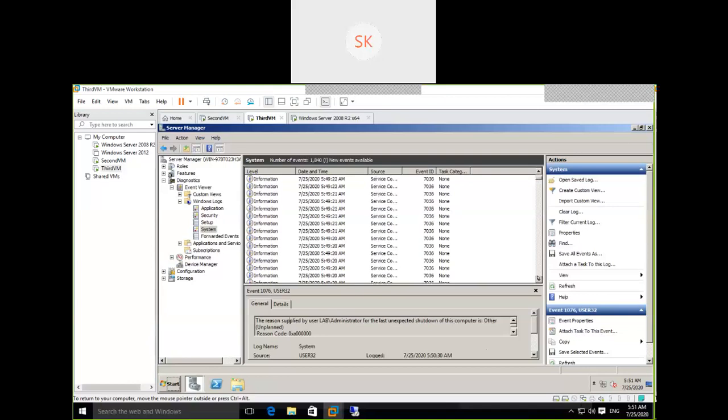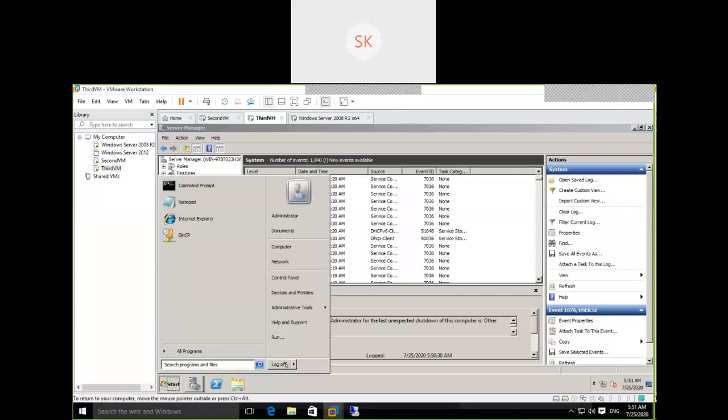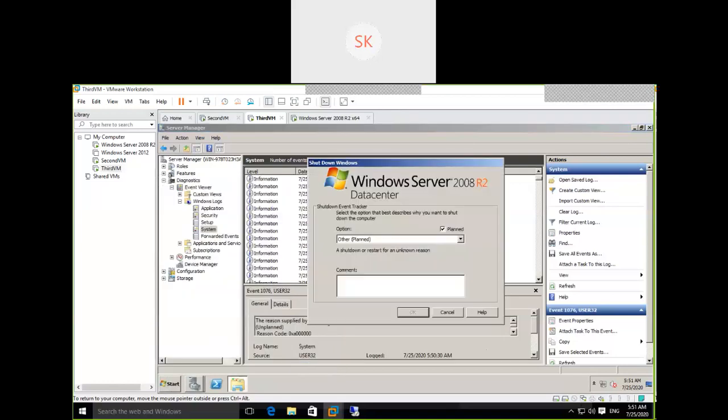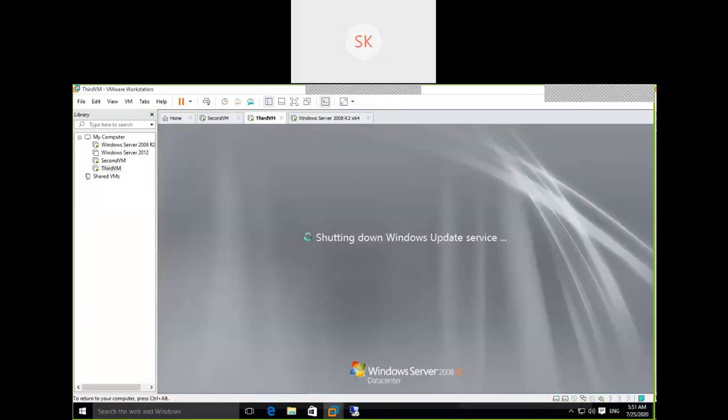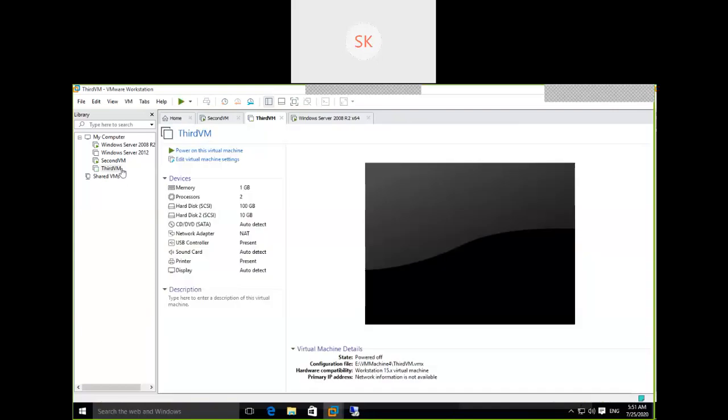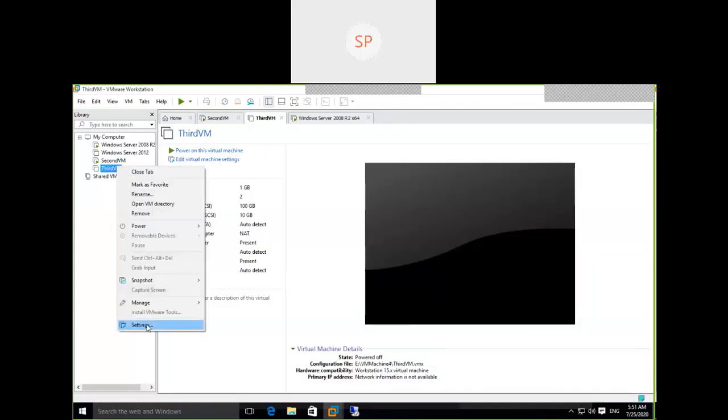Come back, shut down the server. Just 4 minutes left. I am going to cover disk management in tomorrow's session. Shut down. I'm just adding the disk. Right click on the third VM once it is shut down. Edit settings.